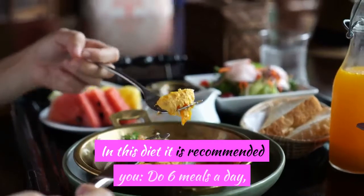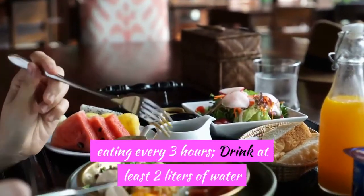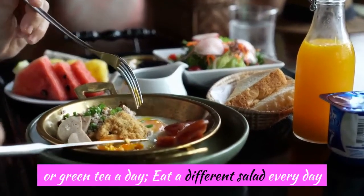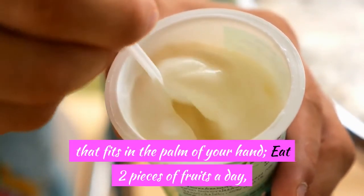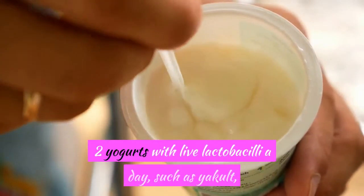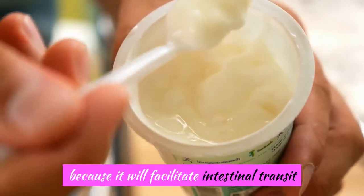In this diet it is recommended you do 6 meals a day, eating every 3 hours, drink at least 2 liters of water or green tea a day, eat a different salad every day and a piece of meat, fish or chicken that fits in the palm of your hand, eat 2 pieces of fruits a day, every day, preferably with less sugar, take 2 yogurts with live lactobacilli a day, such as Yakult, because it will facilitate intestinal transit